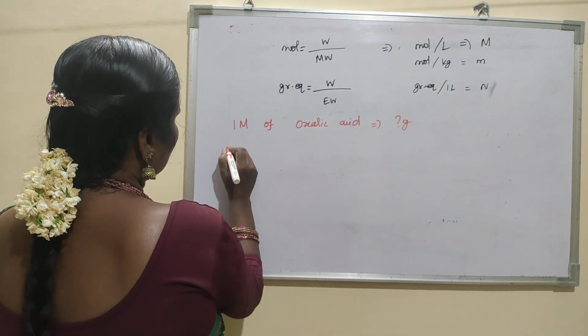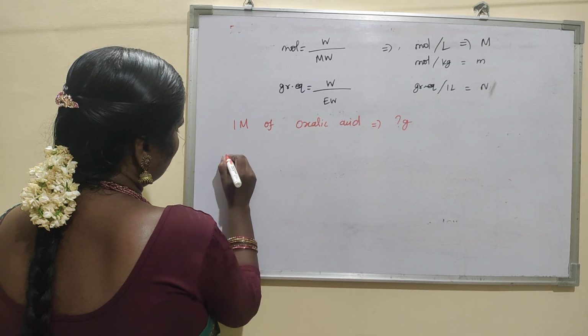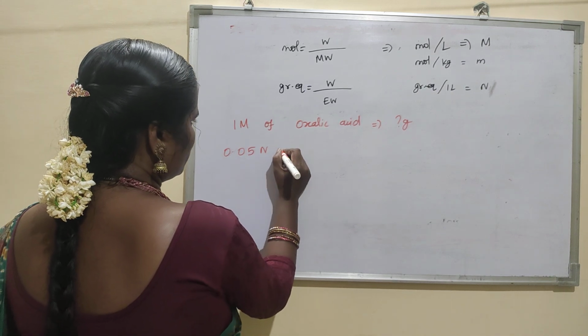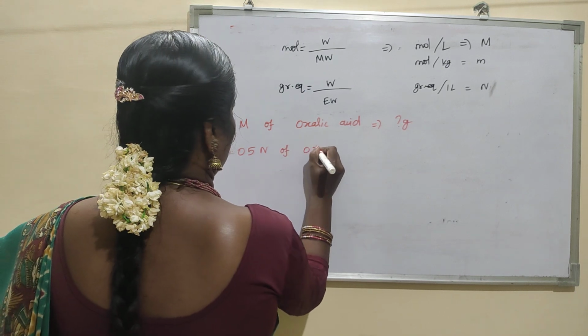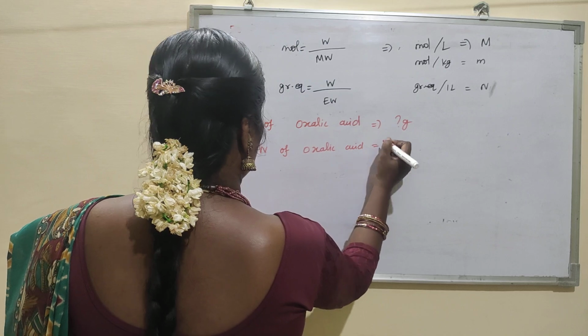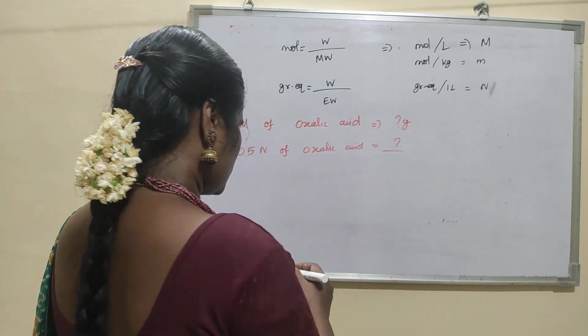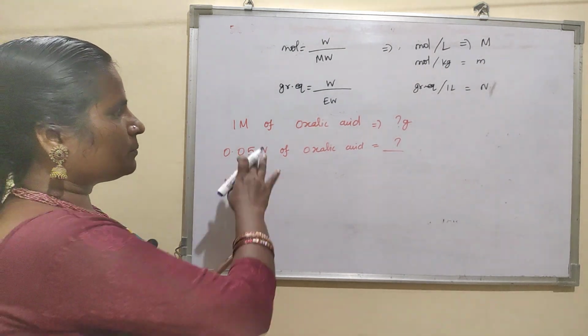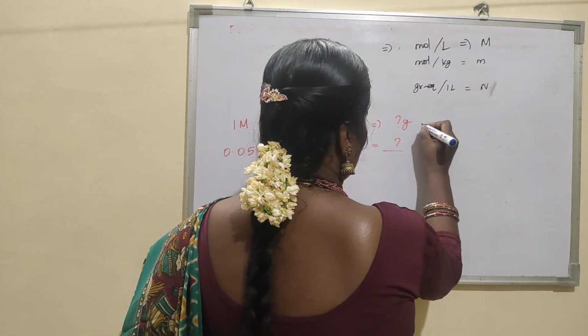And I also want to prepare 0.05 normal of oxalic acid in 1 liter. For that, how many grams are needed? So I am going to prepare 2 concentrations. To prepare 1 molar of oxalic acid, first we will go